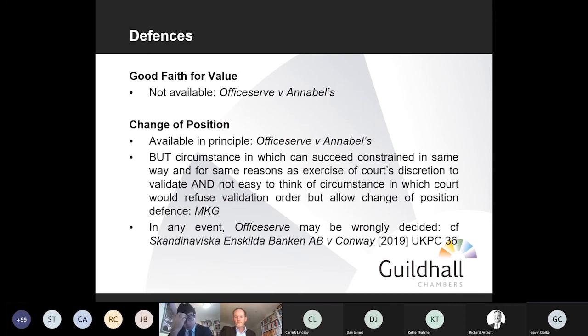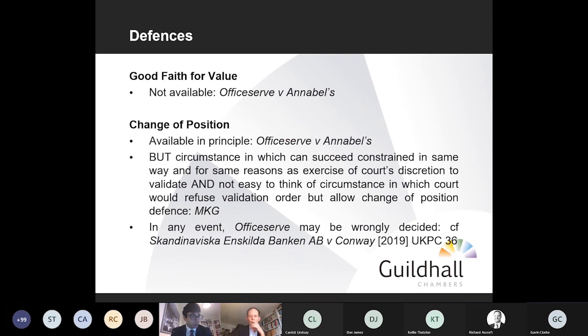You may recall that a few years back, I'm going back about 8 or 9 years now, Mr. Justice Sales, as he then was, now Lord Sales, in a couple of cases suggested that where you've got a TUV or preference claim, although the statute does not provide a defence to someone who has changed their position, because it's a sort of restitutionary type claim, there should, as a matter of common law, be a change of position defence available.